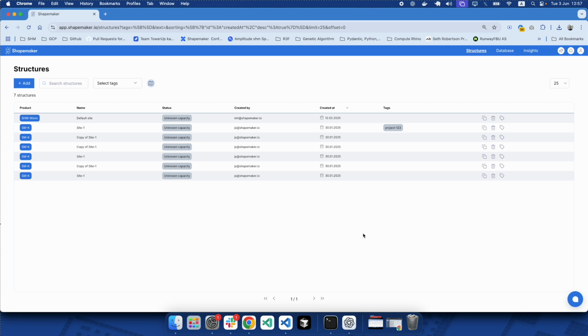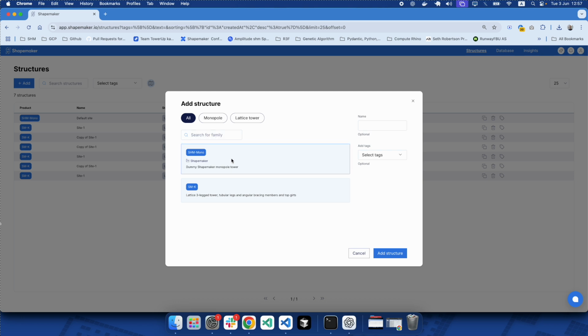Today I want to give you a quick intro to the TowerBuilder. The TowerBuilder is a way to create structure families in ShapeMaker. So after you log in, you end up in this page, and you can create a structure from a family